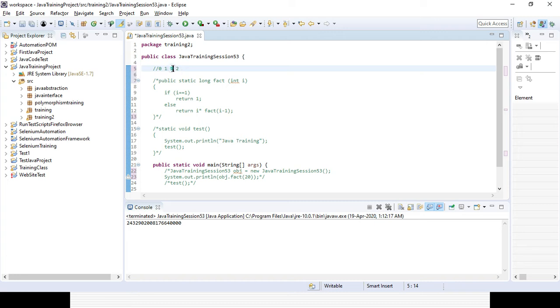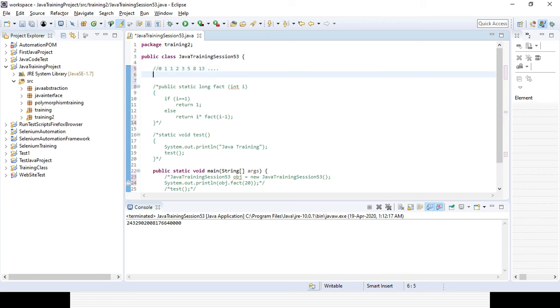2 plus 1, that is the sum of two numbers, right? It will be 3. 2 plus 1 equal to 3. Again 2 plus 3 equal to 5. And 5 plus 3 equal to 8. 8 plus 5 equal to 13, like that, right? It will be the sum of two numbers, like it will continue. So whatever number you get, based on that it will continue, right? So that is the Fibonacci series.